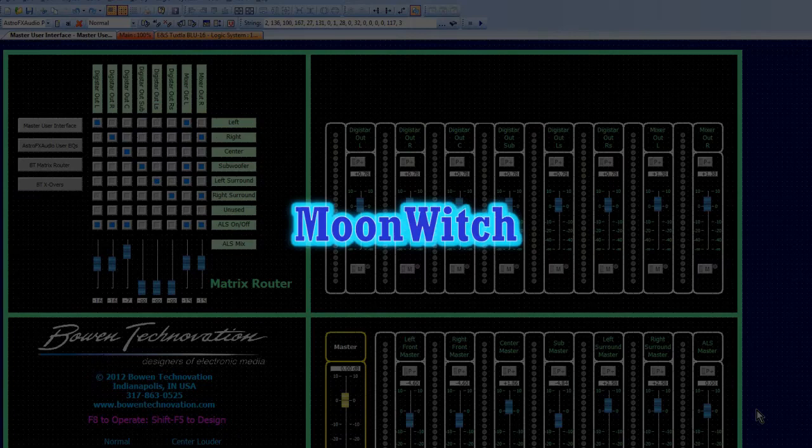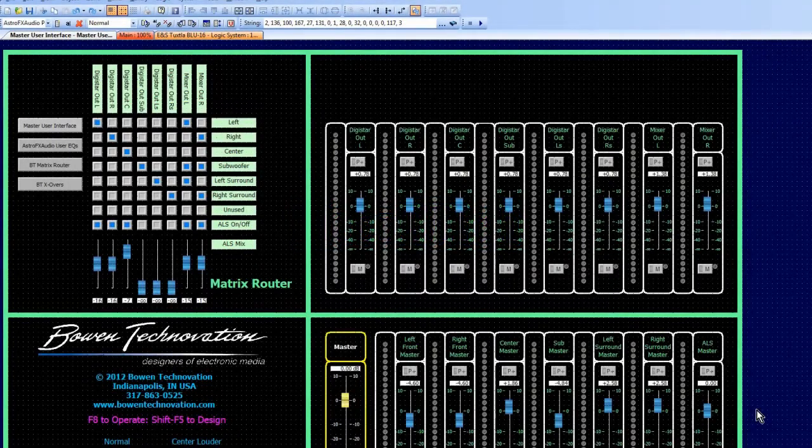Let's say this is a setting we created for Moonwitch, and we don't want to have to reopen this software every time and come back to play with all these faders. There's not enough time between shows and it's too complicated. So what we can do is create a preset, or we can save these